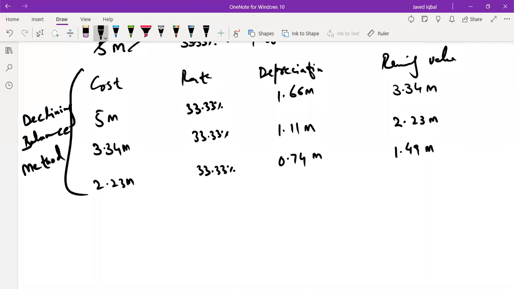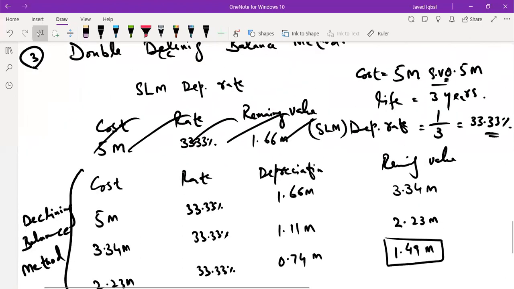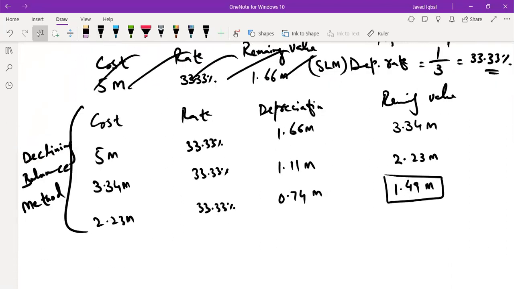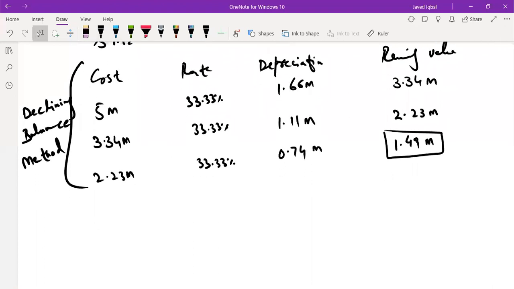And you can very well see that the ending value here is 1.49, which should have been 0.5 million. So that is why this wasn't a popular method. So people use the double declining method. So with the same concept, you'll have cost, you'll have rate,